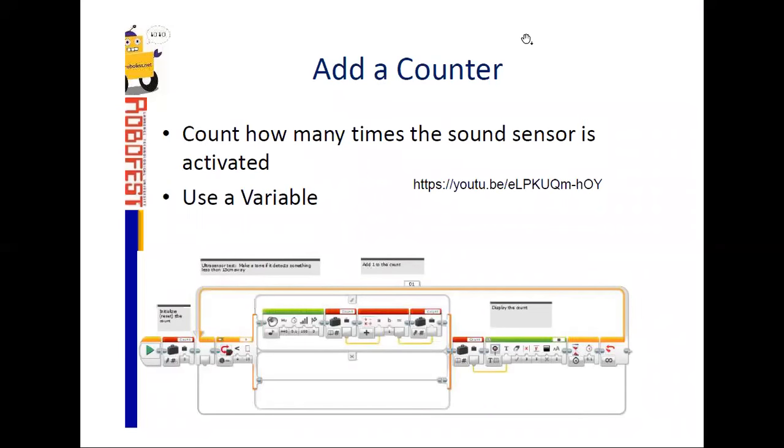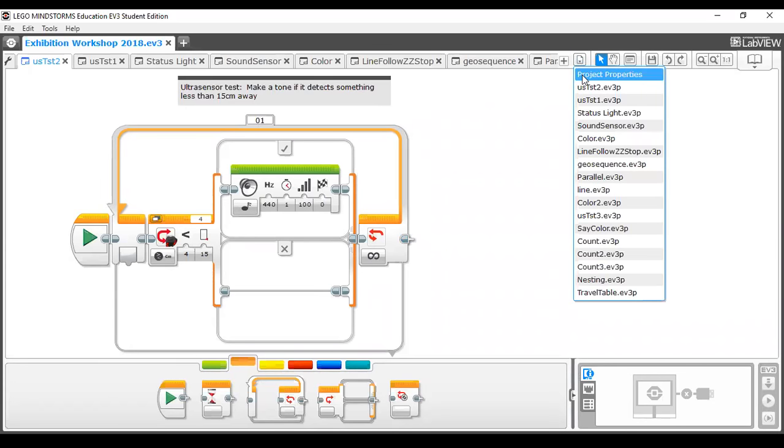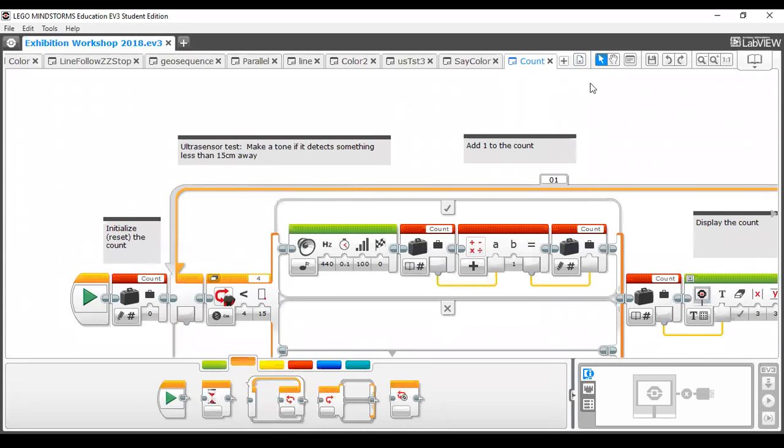Okay, I'm going to jump over to the programming environment. Hopefully that'll be a little clearer. Hopefully most of you know, to move around in EV3 language, what you have is actually a project folder. Multiple programs can be put into one file. So in this exhibition project, there are actually a lot of individual programs inside. So we're going to go to one called count. That's how you do it. So in count,